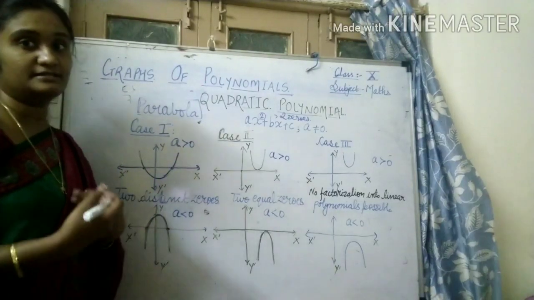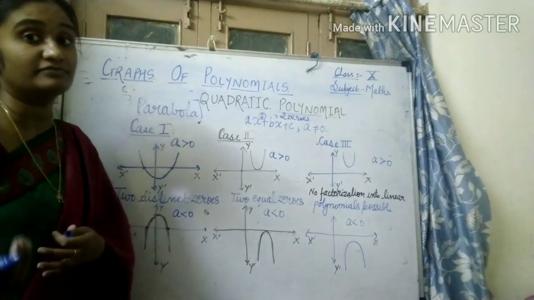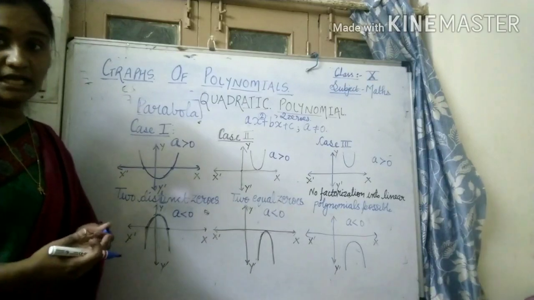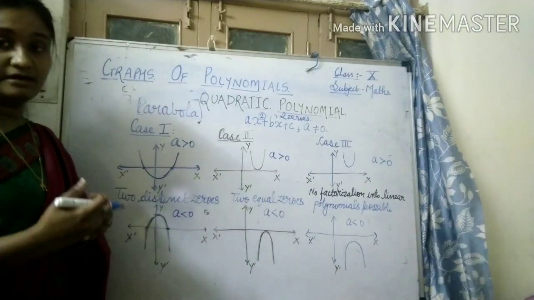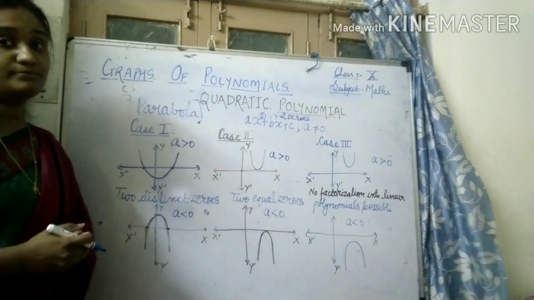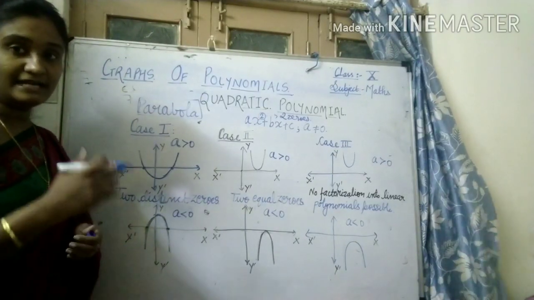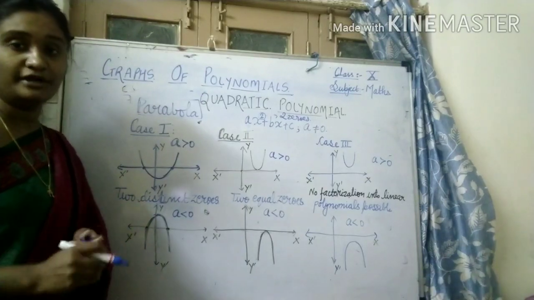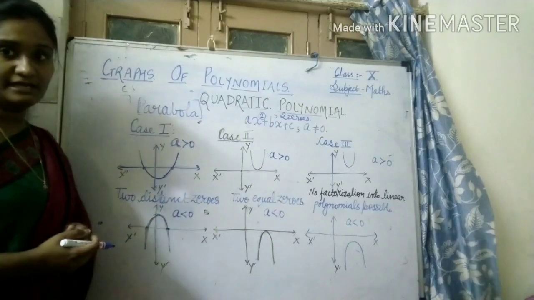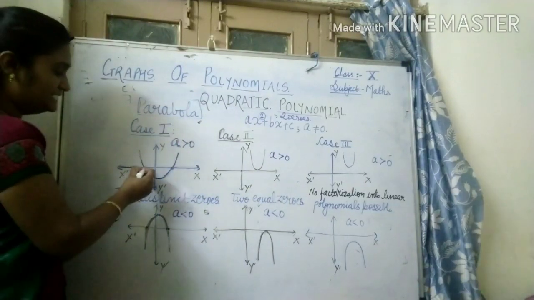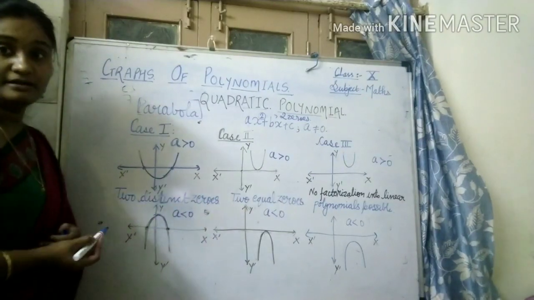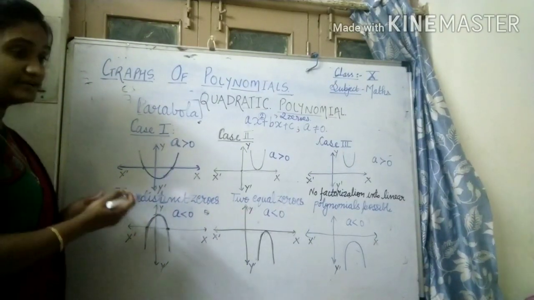Always remember, whether it is linear, quadratic, cubic, or nth power, the number of zeros is always obtained from the number of times the curve meets or cuts the x-axis. Like the linear polynomial, which I have already explained cuts the x-axis at exactly 1 point, the reason being it has 1 zero. Similarly, a quadratic polynomial has 2 zeros, so it will intersect the x-axis at 2 distinct, different places.